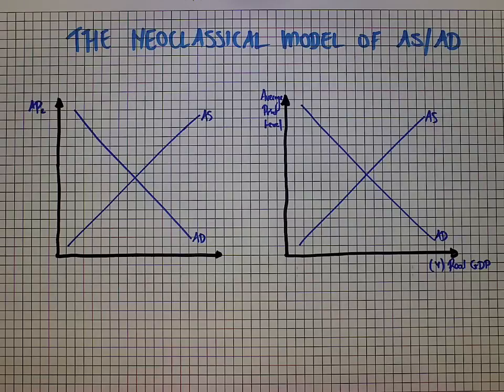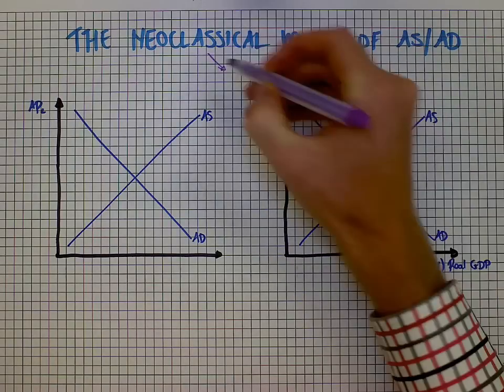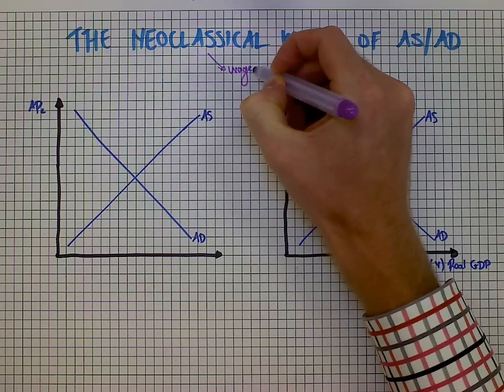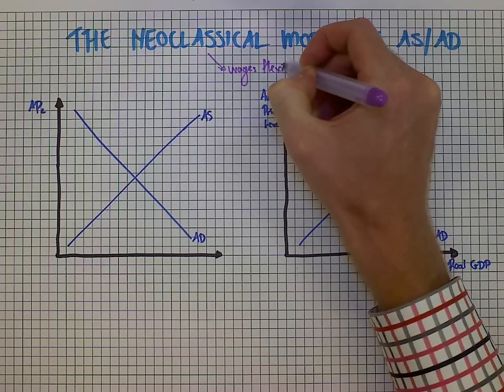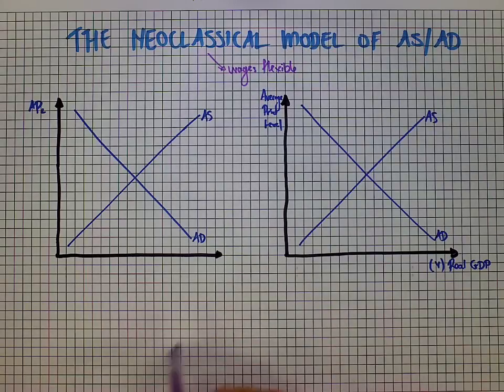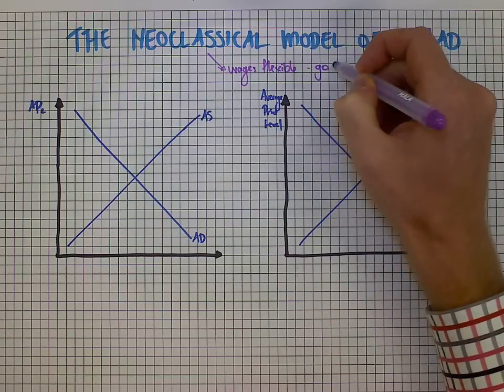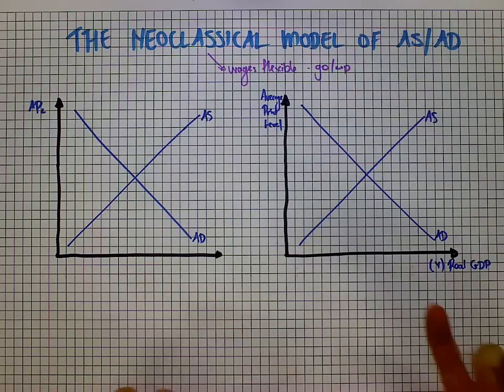This is a very commonly recognized model of aggregate demand, aggregate supply, and we'll explain what it means that it's from a neoclassical perspective. A neoclassical perspective in one sentence is that this group of economists all believe that wages are flexible. They believe they could go up and they could go down with relative ease in what's called the